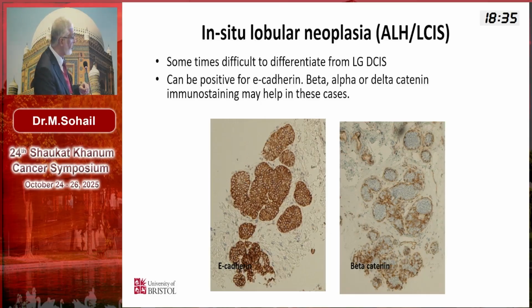So morphologically it looks like LCIS, but E-cadherin is positive. Cells are round, regular, monotonous. There may be some lack of cohesion on H&E. In most cases you might not do E-cadherin, but if you have done it for some other reason, then you start scratching your head that you were wrong on H&E. No. What you can do is beta-catenin, or delta catenin if beta catenin is also positive. And you will find, for example, in this case, that these are negative. So there may be a defect either in the E-cadherin molecule itself or in the intracytoplasmic beta catenin or delta catenin molecule. They may be lacking or may be dispersed in other places, as with delta catenin.